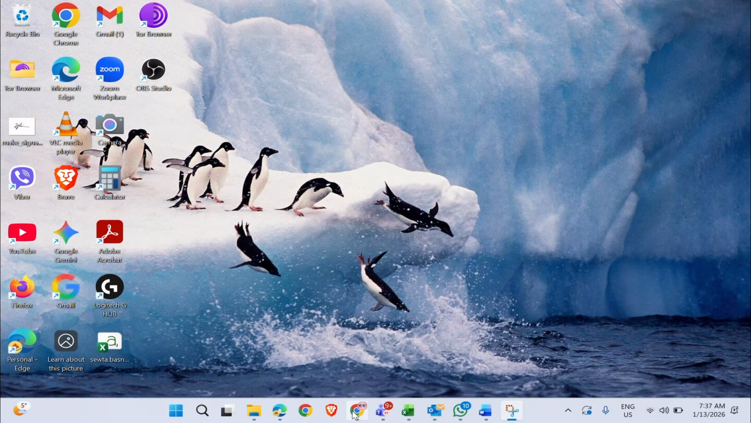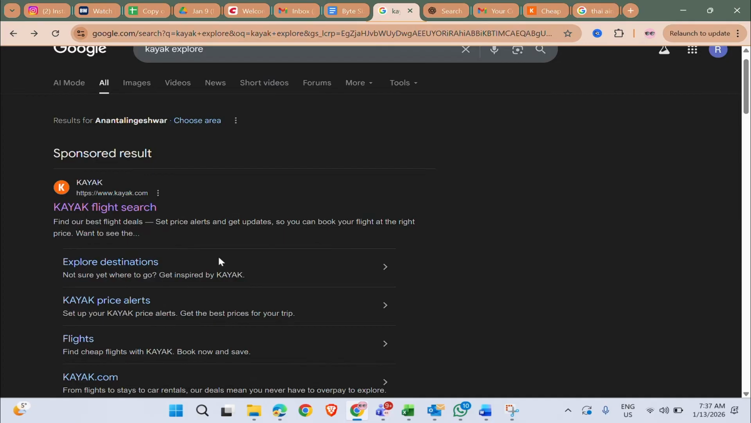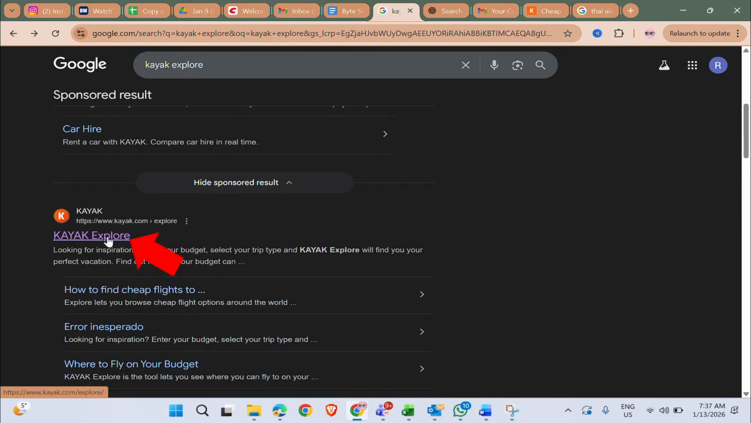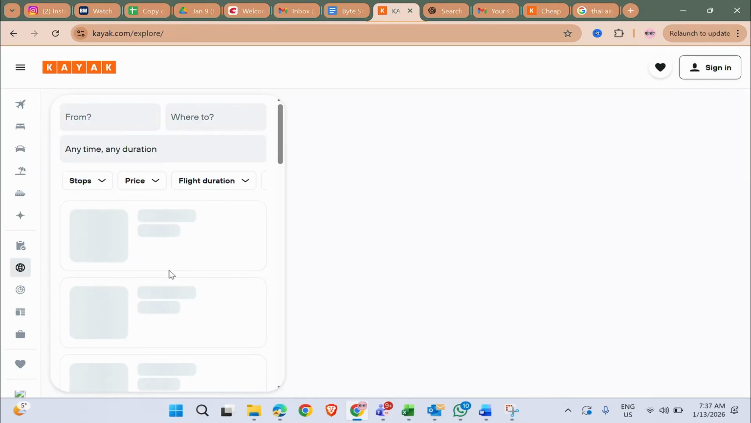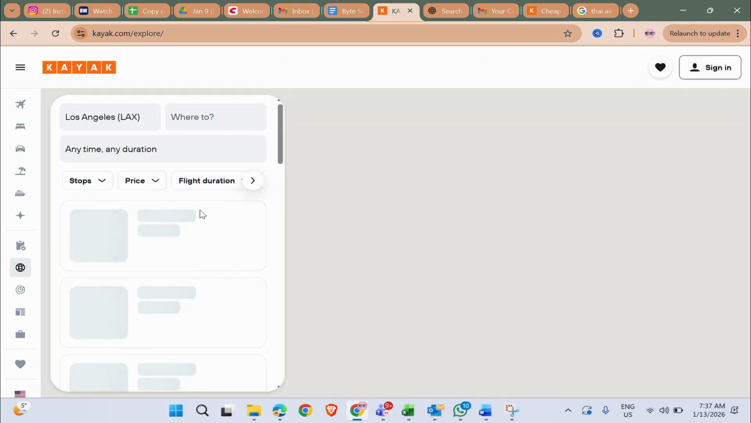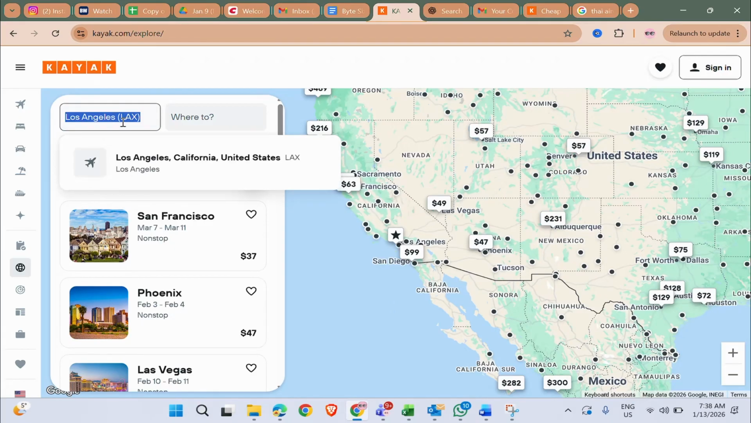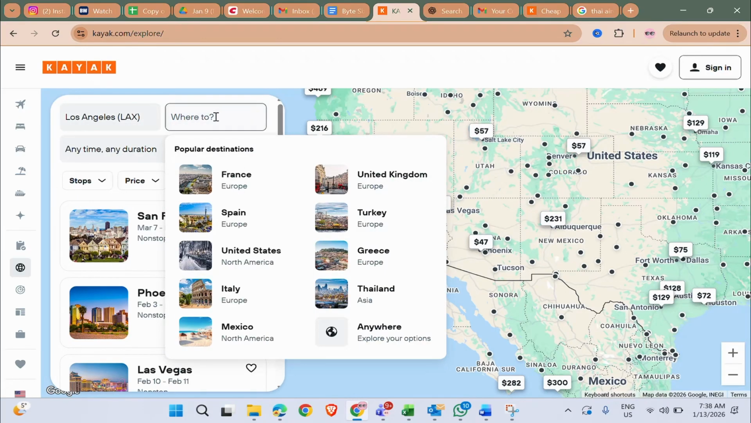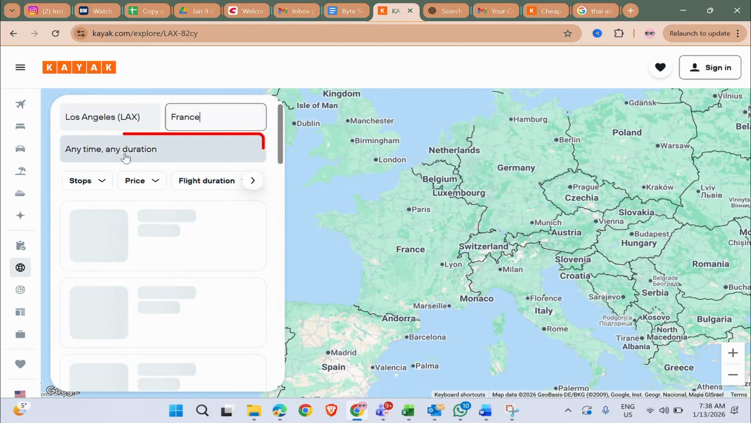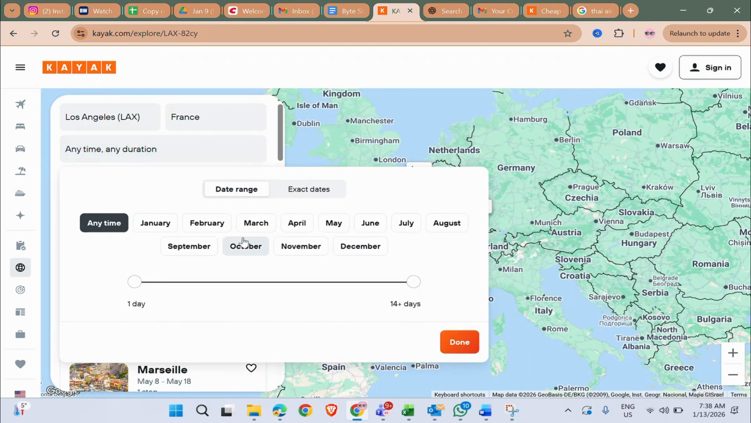Open up any browser and then search for Kayak Explorer. So tap on Kayak Explorer, a page will open up, and now here you can put in your departure airport and then where you want to travel to. Put in any time, any duration. You can choose the date range if you're not sure of the exact date, and then you can increase or decrease the dates. So hit done,